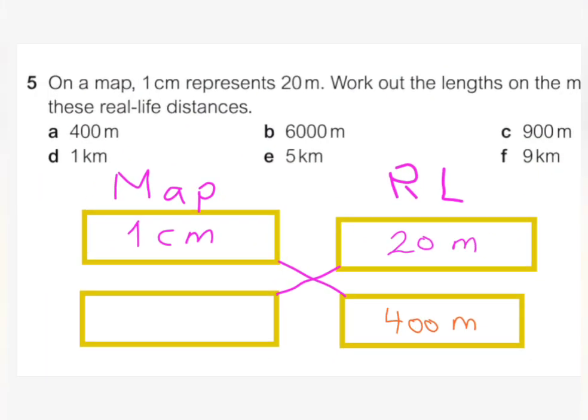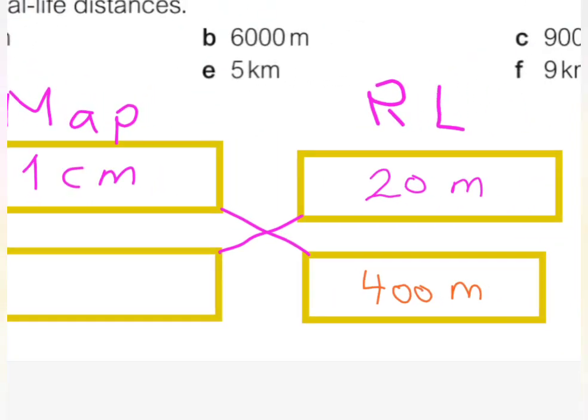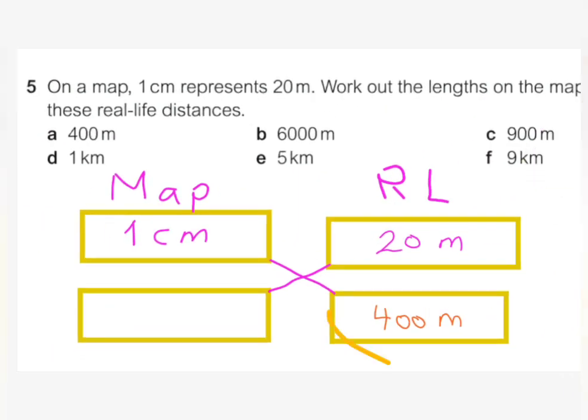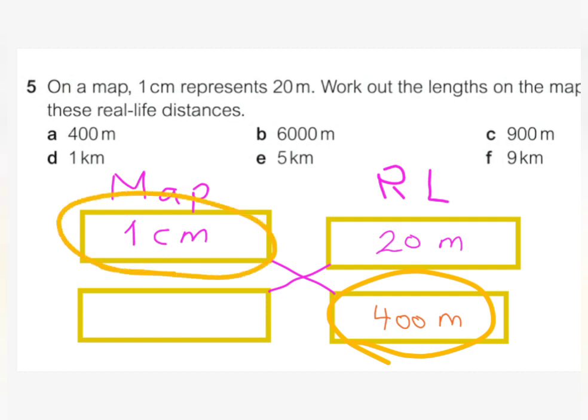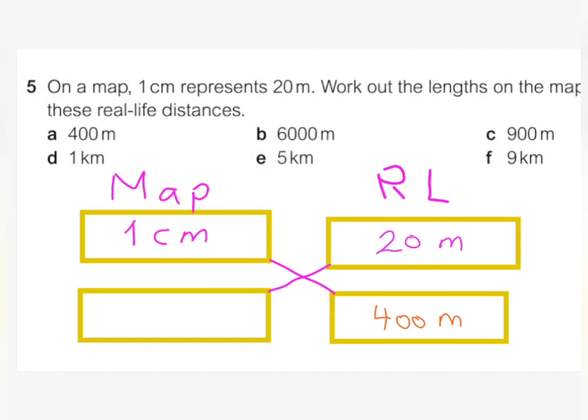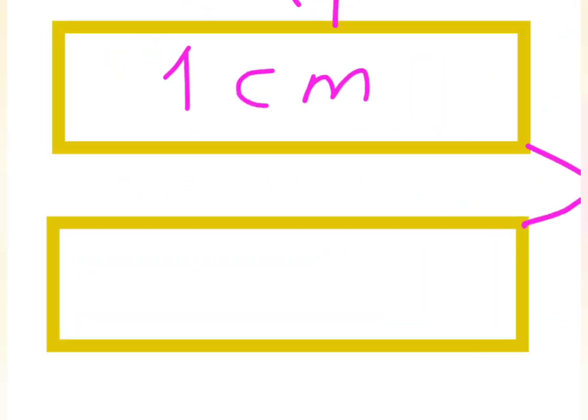Now I want to find how many centimeters on the map. Same idea as the X method, I multiply the ones connected with a line and then divide by the number that I'm not using. So I will take the 400 here, multiply it by 1 and then divide it by 20 and I will get the number. So 400 multiplied by 1 is 400 and then divide 400 by 20, so the answer will be what? Very good, it's going to be 20, so 20